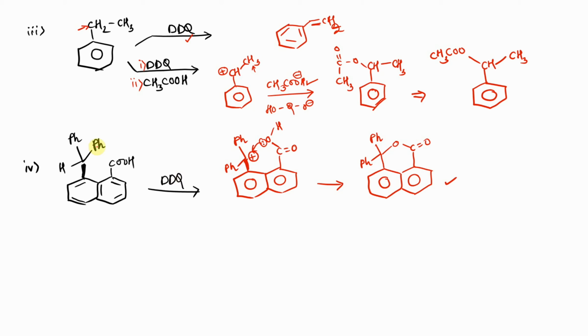Since there was no hydrogen present neighboring the benzylic carbon, it has to react with a hydrogen present on some other, more acidic species. Therefore, since we have an OH group present on this particular ring atom, this hydrogen will be more acidic. The DDQ's O- charge will try to remove this hydrogen, which results in the formation of cyclization, as has happened in this particular example.